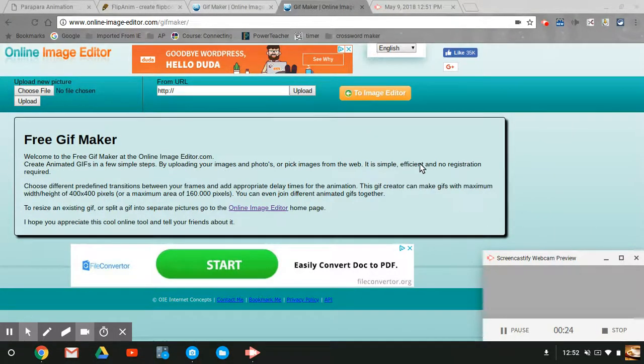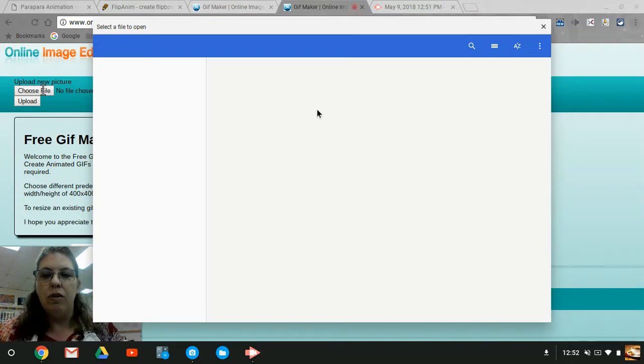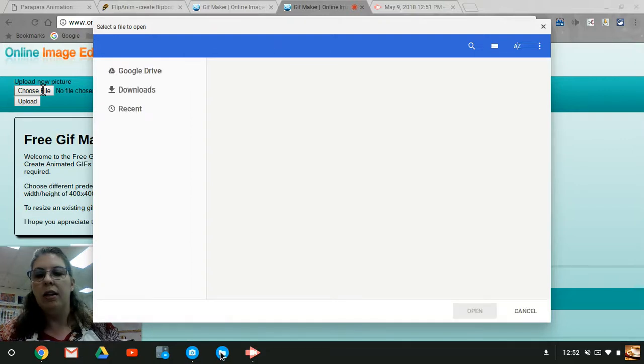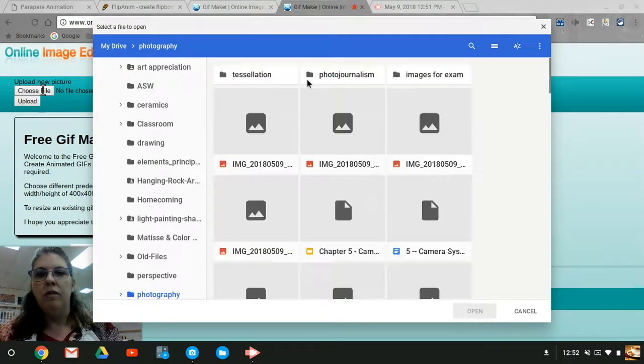Once you have the pictures done, you want to take at least 3. You want to go to Online Image Editor and hit the Choose File option. The files you're going to upload are going to be in your Downloads folder. You need to make sure you move them from your camera roll to your Downloads folder. I've already previously saved some pictures in my photography folder from myself going,